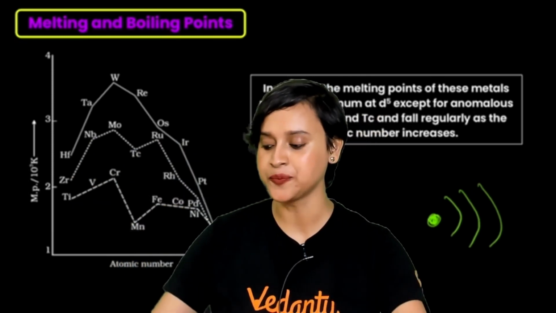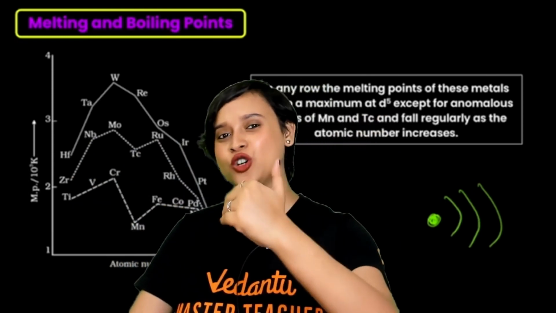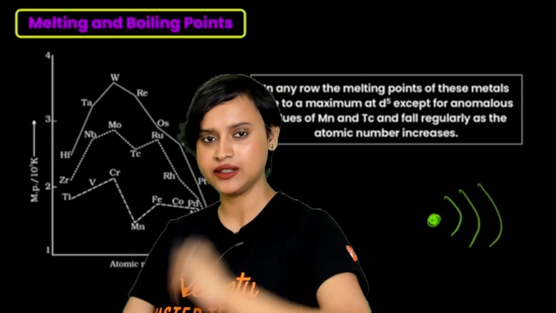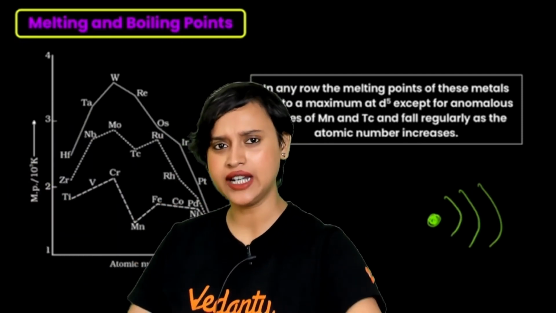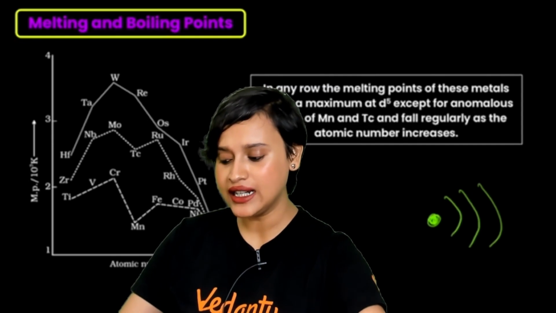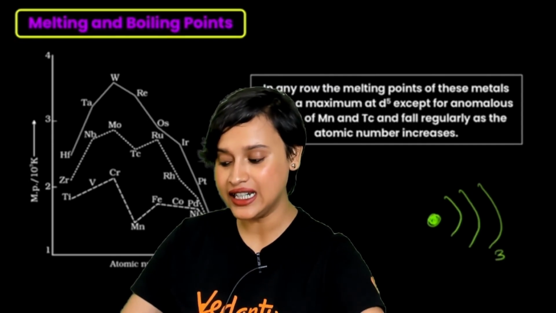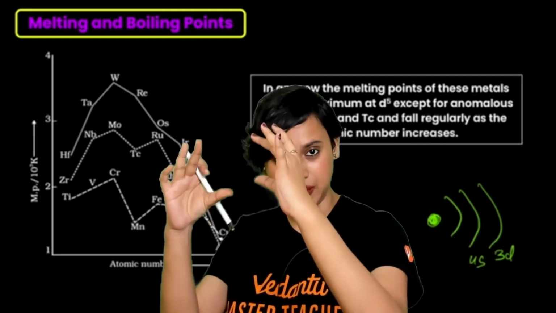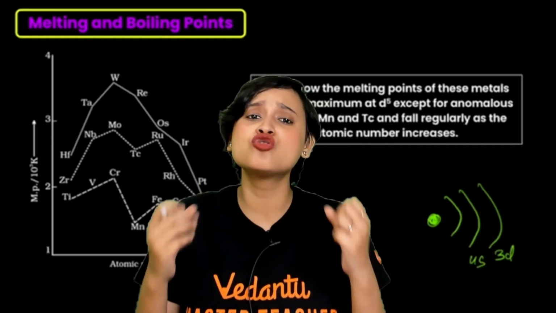The cloud is there. Now, when we go to 1s, then we have 2s, then we have 2p, then we have 3s, then we have 3p, right? All of these have a different energy level. But did you know that this 3d, the 4s, the energy gap between these levels is so small,